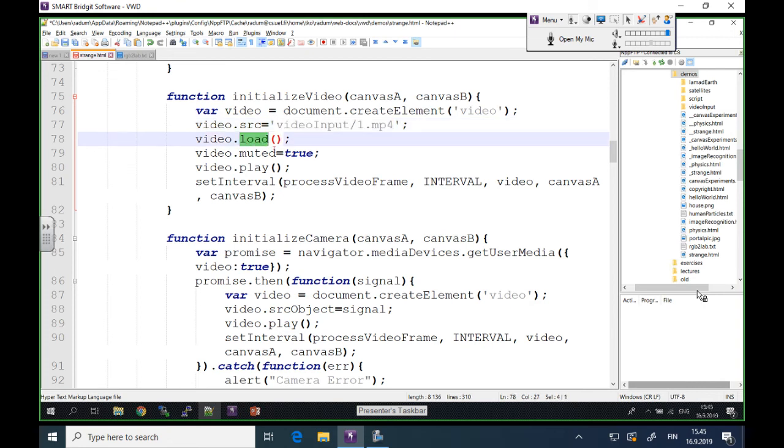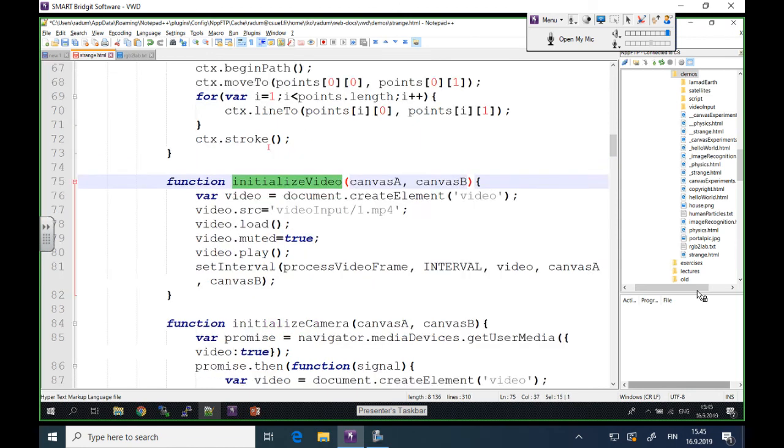And then I tell it to load. I also tell it to be muted. And this is maybe a little bit strange to you. If I don't make it mute, it won't work. Because browsers tend to have a problem with starting sound without a permission. Like, you don't want to have tabs that are opening and all of a sudden some noise comes from one tab. So to make the voice come, it's a little bit more work to do, but we won't need it, and this way it's going to start playing